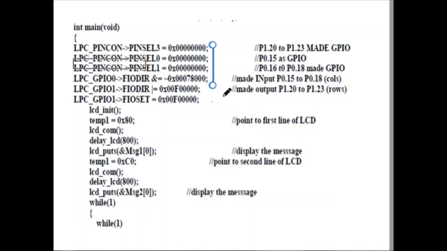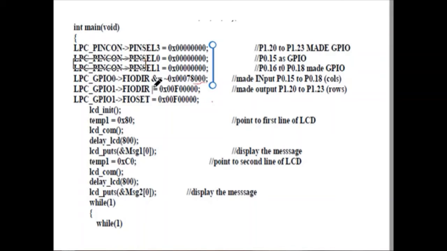Say for example, if you take this value, 000078, this 78 corresponds to which bit values? They are connected to port 0. If you consider port 0, how does this value turn out to be 78?